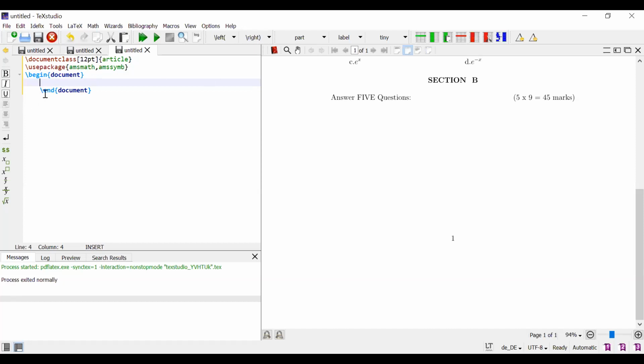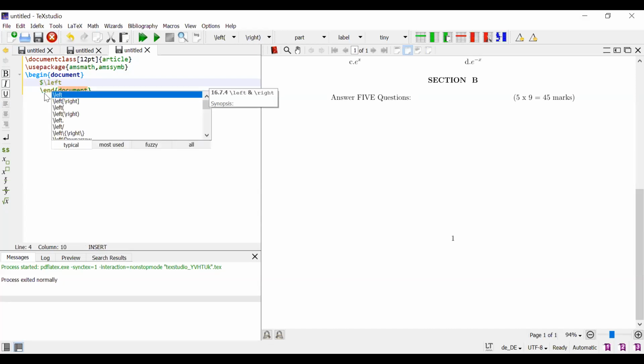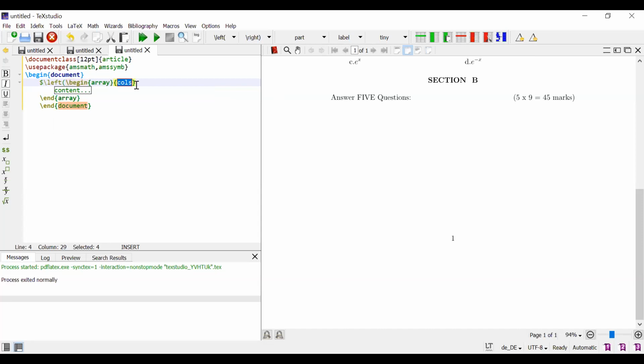Now, left of as begin of array. How many columns you want? I want 3 columns.